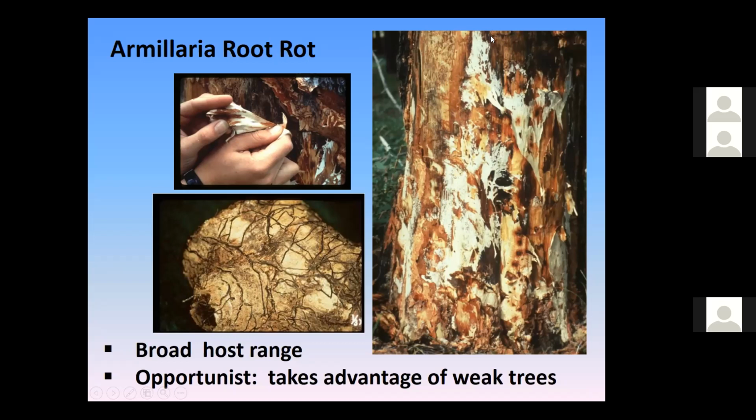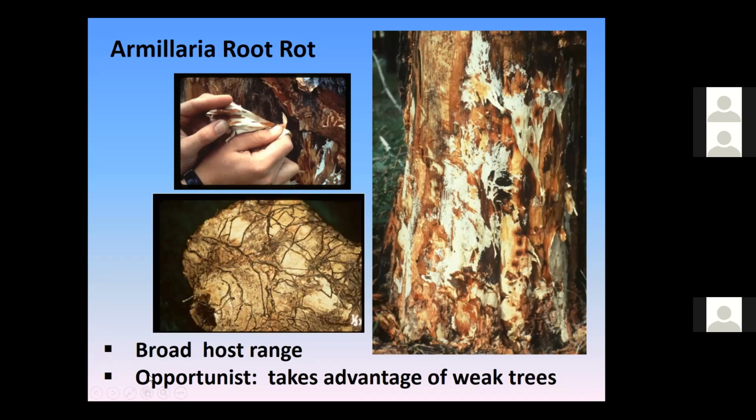They have a fan shape. They peel off easily, like in this picture in the upper left. And they also make these black, root-like structures in the decayed wood. Some people call this the shoestring fungus. And it also makes mushrooms that pop up out of the ground in big bunches. They're kind of an amber brown color. And so this Armillaria,